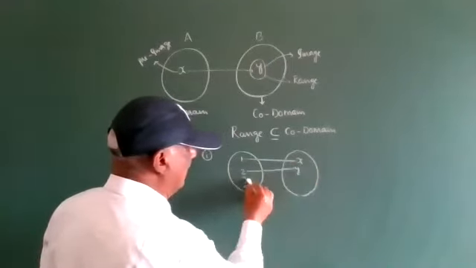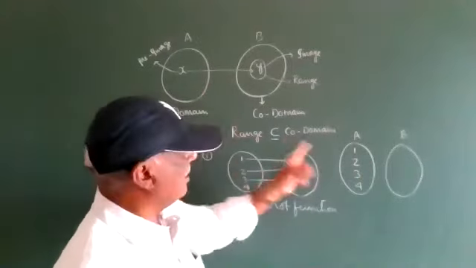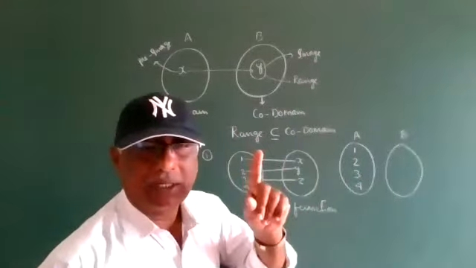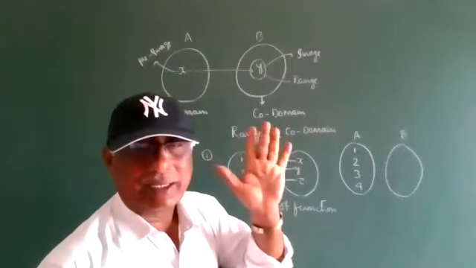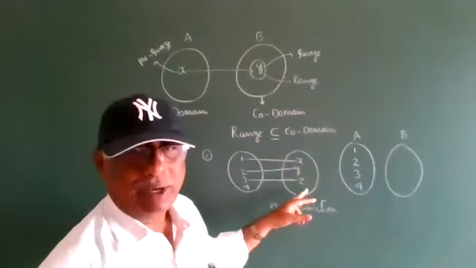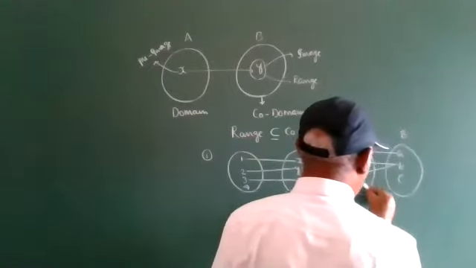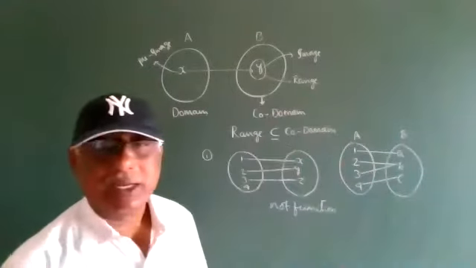Every element of the A set, 1, 2, 3, 4, and this is the B set. All these elements are represented in set builder form by the letter X, and all images are represented by Y. B has the elements A, B, C. So 1 has A, 2 has B, 3 has B, 4 has C. It is a function.